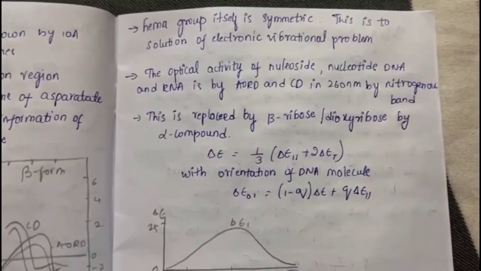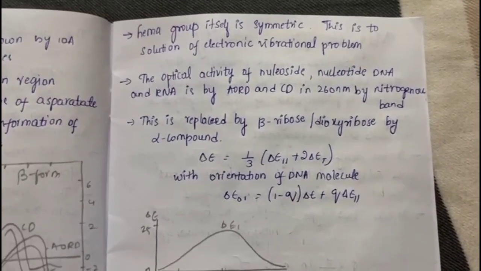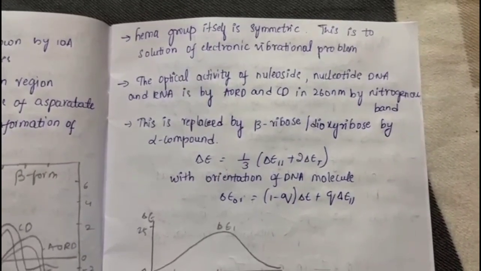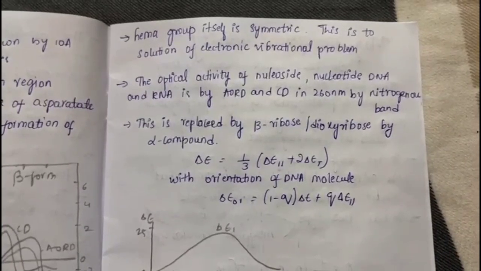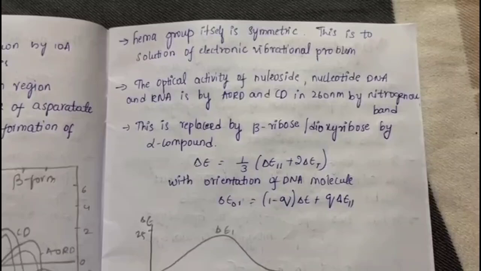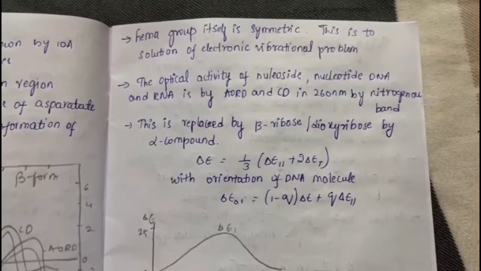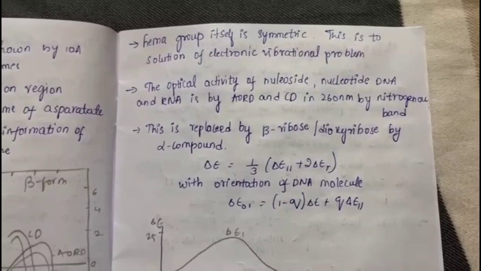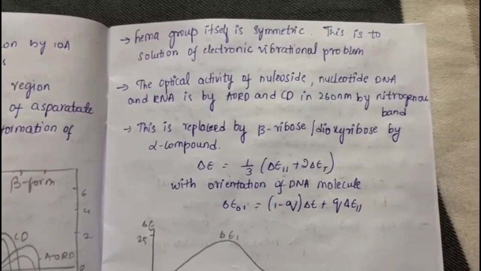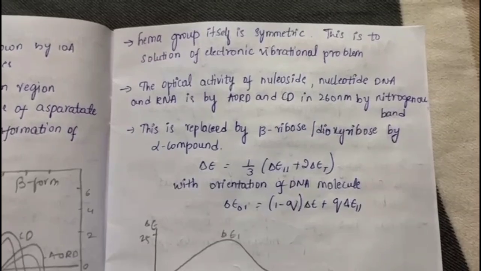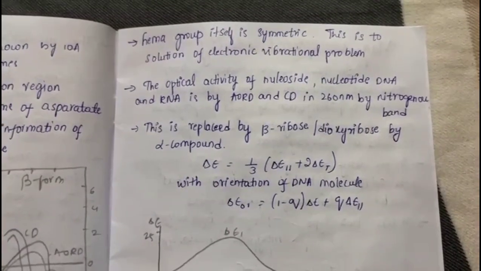The heme group itself is symmetric. This is to have solutions of the electronic vibration problem. The optical activity of nucleotides, DNA and RNA, is measured by ORD and CD at 260 nanometers by the nitrogenous base. This is replaced by beta ribose or ribose by alpha compound, where delta E is equal to 1 by 3